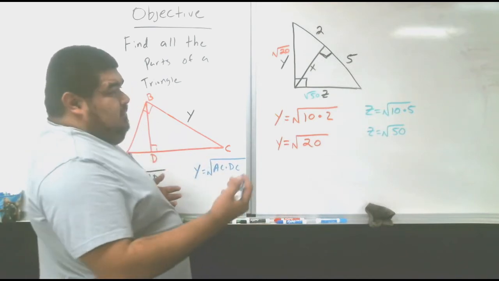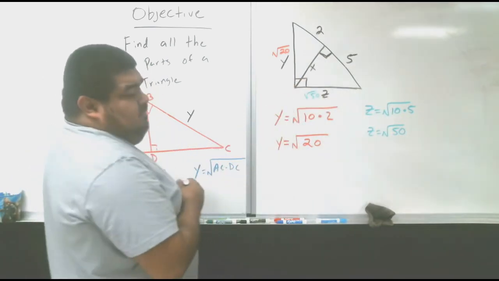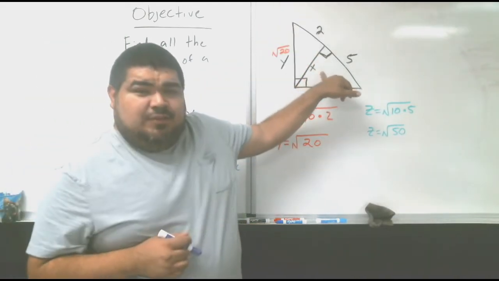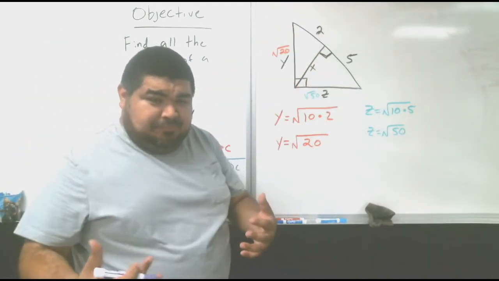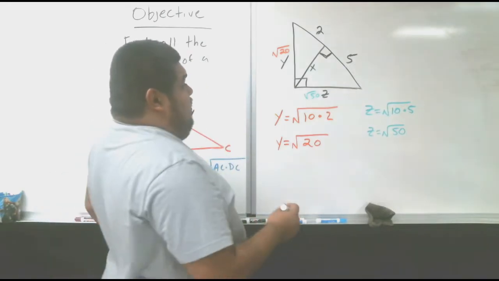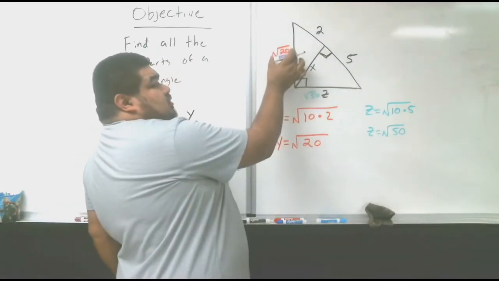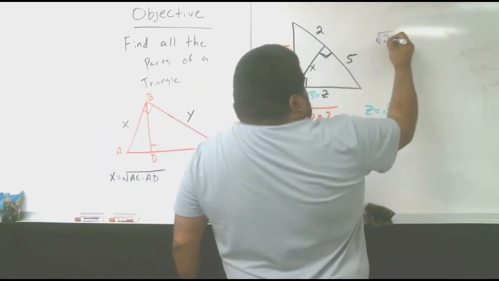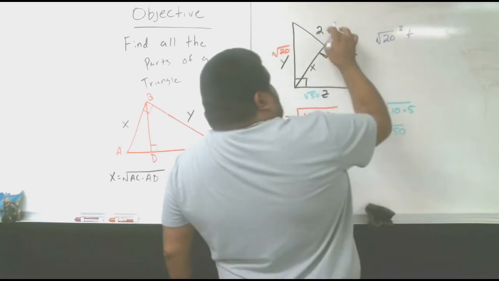But wait. We still have x to solve for. We solved for the sides. Can we solve for the inside? We can. We're going to use the Pythagorean Theorem. Okay? We're going to choose one of the sides. In this case, I'm going to choose the smaller side, which is radical of 20. So radical of 20 squared plus 2